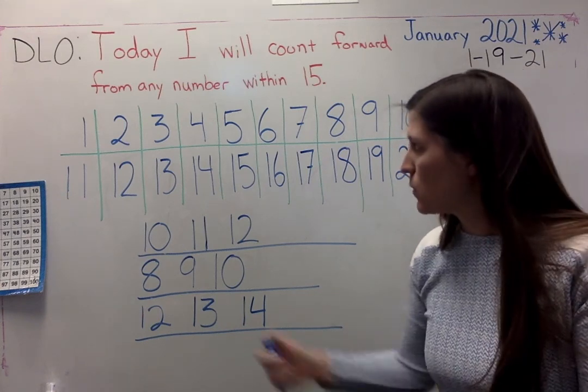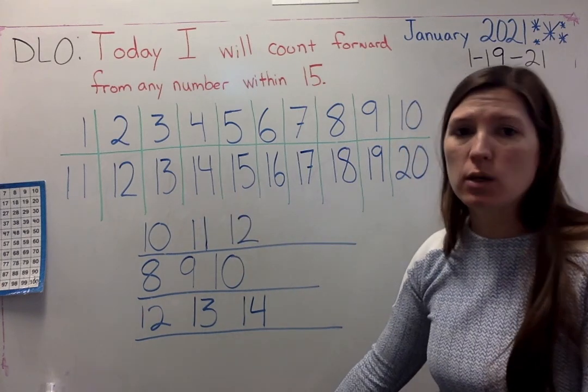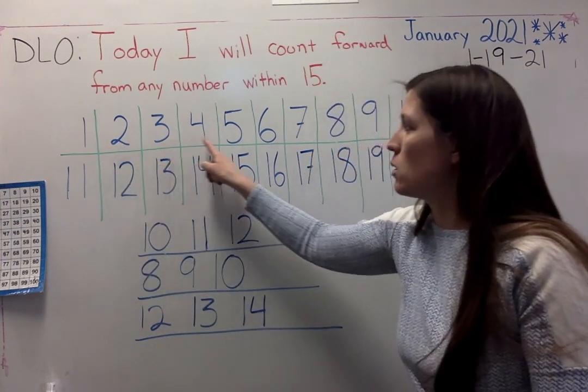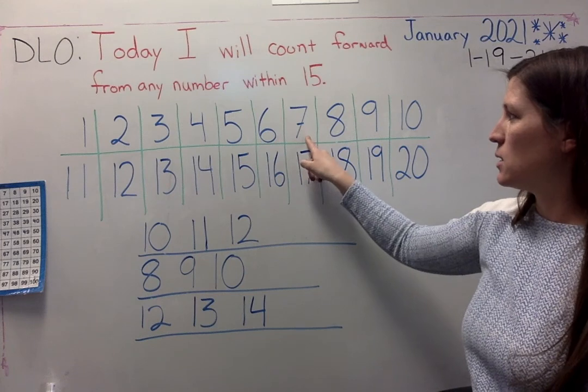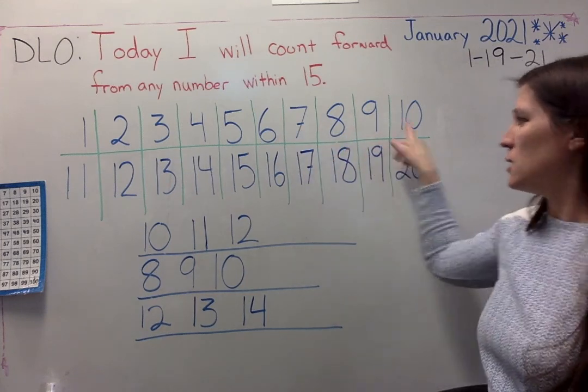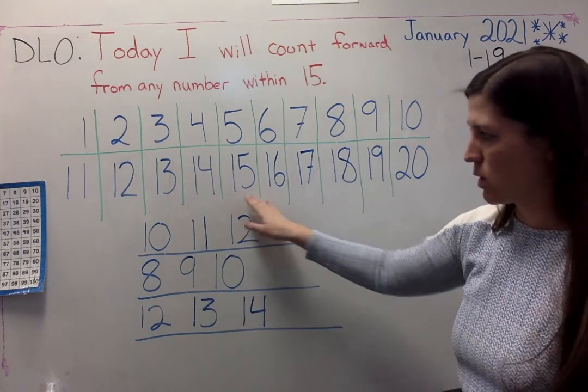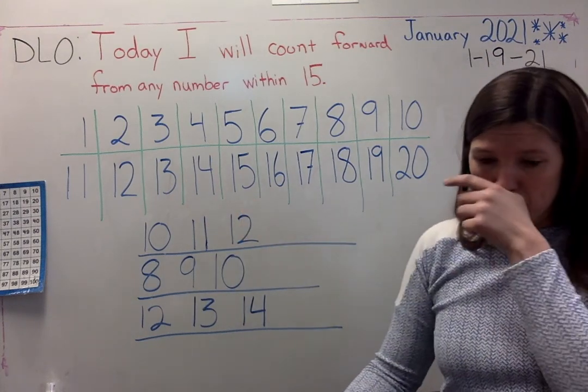We have our numbers 1 through 20 here. We're just focusing on 1 through 15. 1, 2, 3, 4, 5, 6, 7, 8, 9, 10, 11, 12, 13, 14, 15. And I'll stop there. So in your book today,